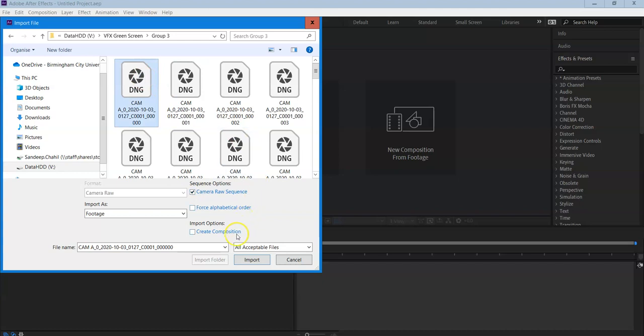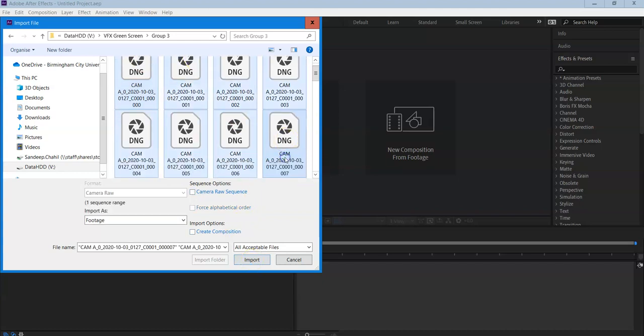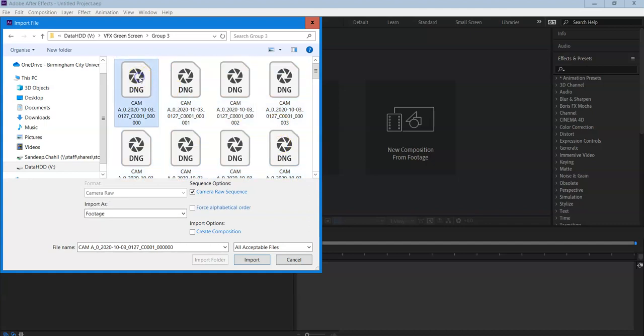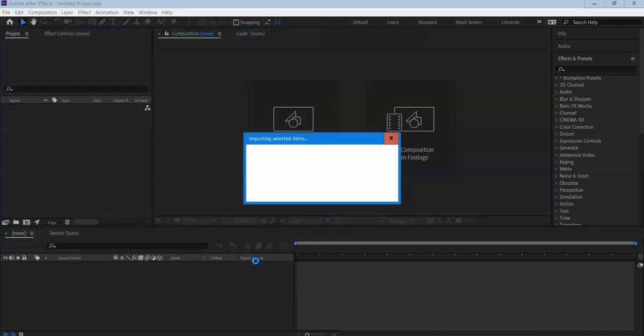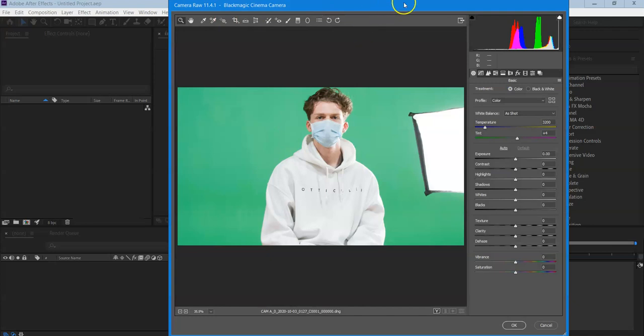So click on that. Only the first file. If I was to select all of them here, shift click, it would literally bring in each one as an individual frame, which I don't want. So as long as that sequence button is ticked, and by the way, you'll recognize what it is. So this says camera raw sequence. It could say camera JPEG sequence, camera TIFF sequence, depending on what your individual frames are saved as. Anyway, select the first one, click import,